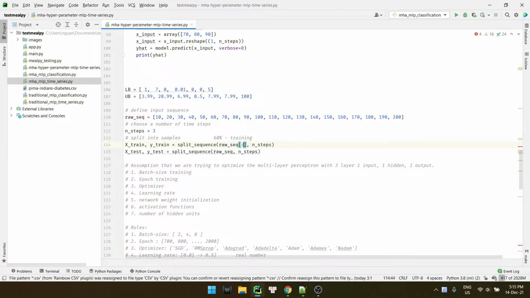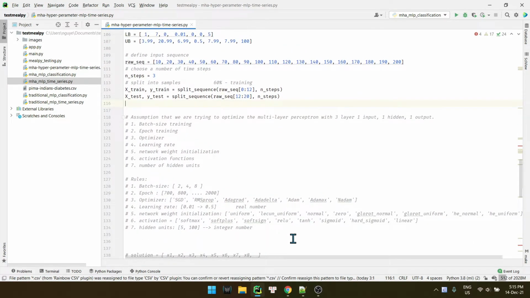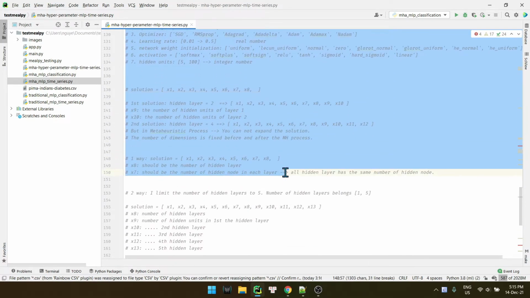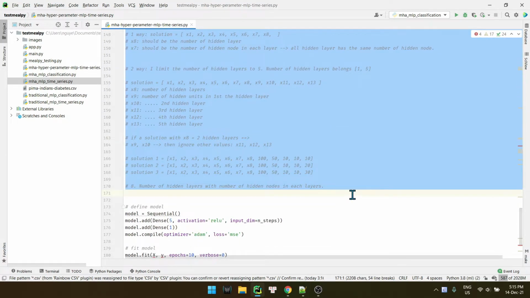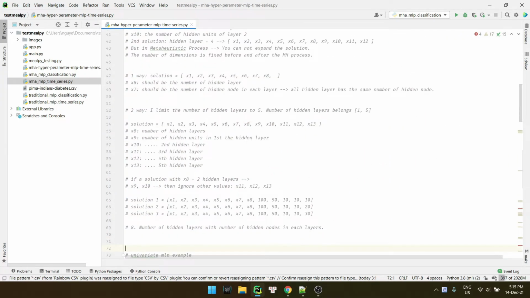So it should be from 0 to 12, because 60% multiplied by 20 is 12, and here from 12 to the end, or to 20. Okay, so put this about.